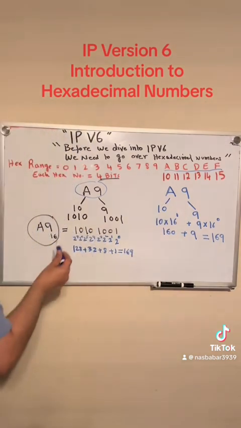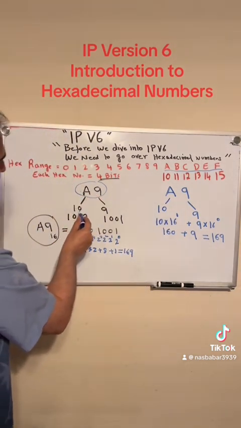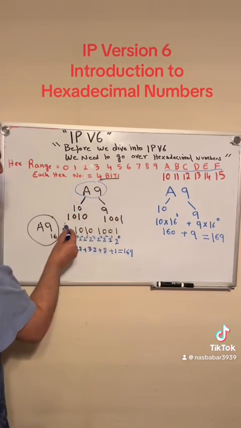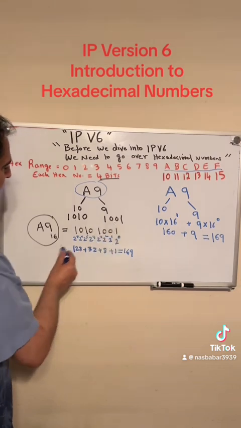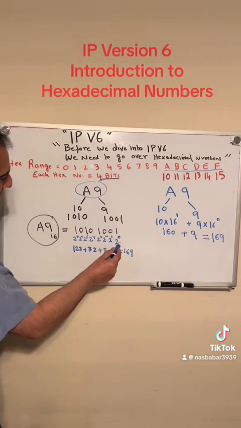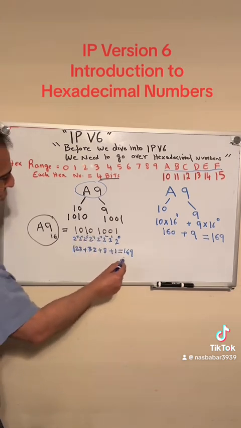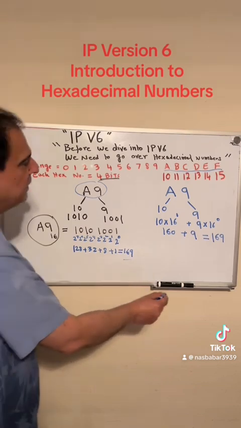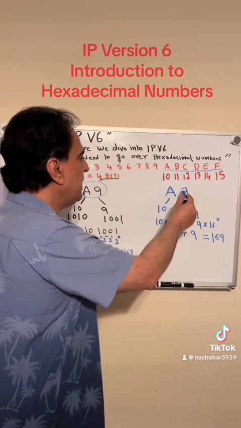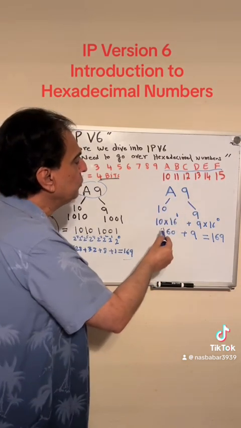Then what we did was that we have A9, a hexadecimal number. We said A corresponds to 10, 9 corresponds to 9. We converted that into binary form. Then we used our binary range, base 2, and converted that into decimal form, 169. And then we did the same thing. A9 is the hexadecimal number, and we used the